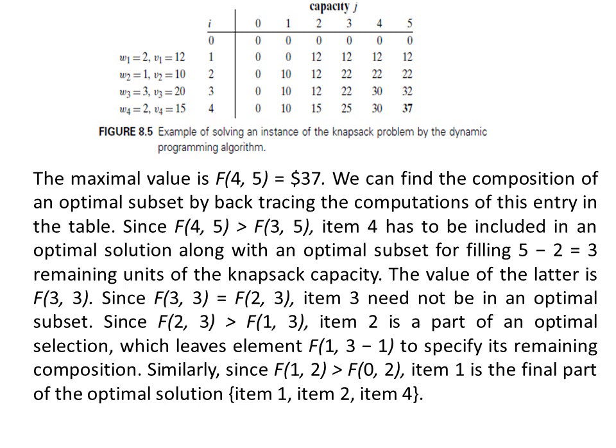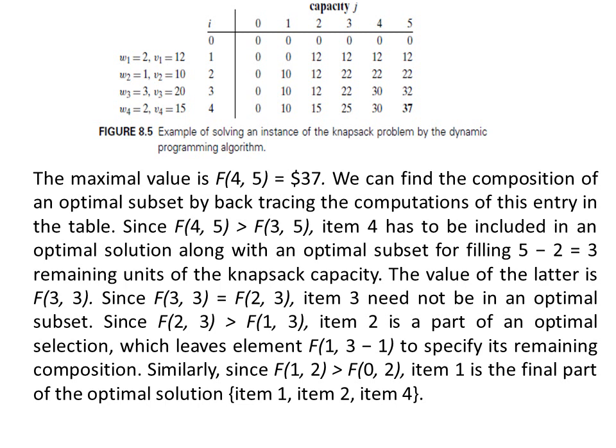If item 4 is included in the knapsack, the remaining capacity of the knapsack is 5 minus 2, which is equal to 3. 5 was the capacity of the knapsack initially. We have included the fourth item, which has weight 2. So 5 minus 2 is equal to 3. 3 is the remaining capacity now. Now check in column 3.